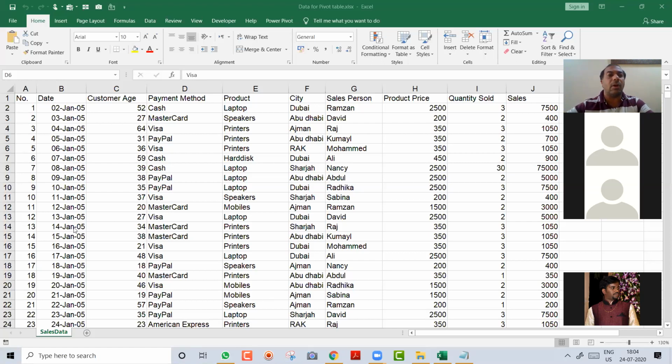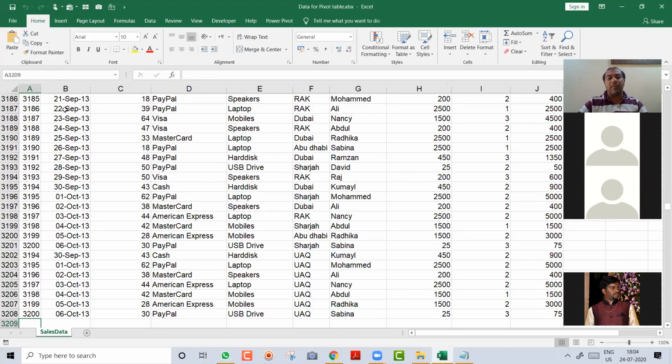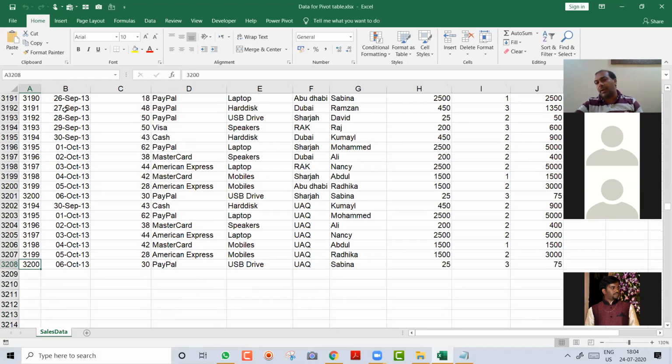So let's say this is your normal database, which you downloaded from the server. In your database, you have first a serial number, which is the transaction number. We have around 3,200 records. For the starting 5 to 10 minutes, friends, I'm going to take the theory part so that you understand why we are creating this, what type of data we need and everything. Then we will start with the practical. So you have to listen to me for these 5 to 10 minutes, which is important to understand.